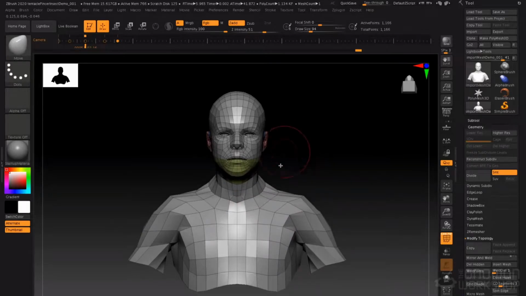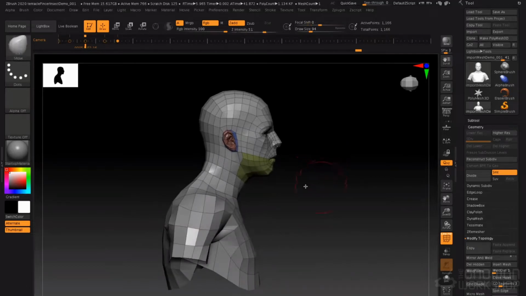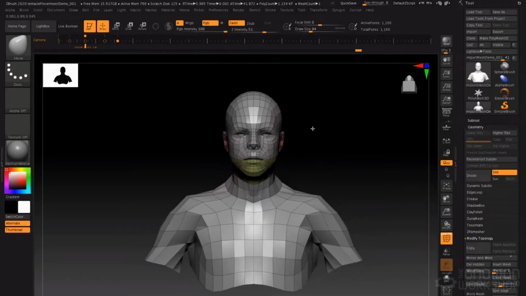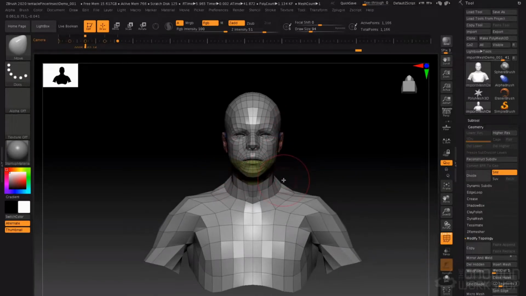Generally speaking, though, if you're bringing in an import mesh, oftentimes you're going to want to maintain all of your topology if it needs to go back out to an existing pipeline. But that said, I just wanted to illustrate for you how to delete faces and how to organize meshes into polygroups. Now, I want to point out that if you are working in Maya or 3D Studio Max or any other 3D modeling application,